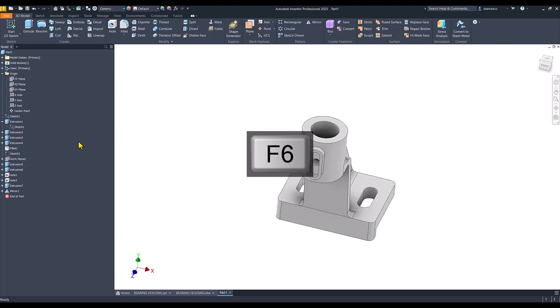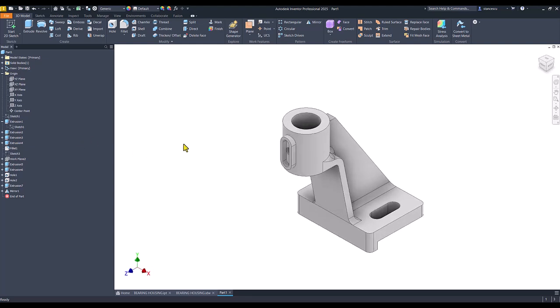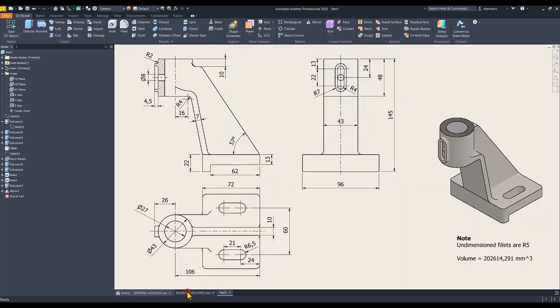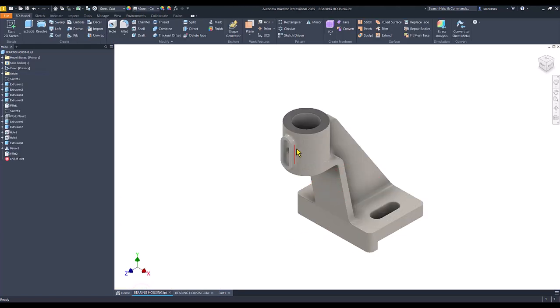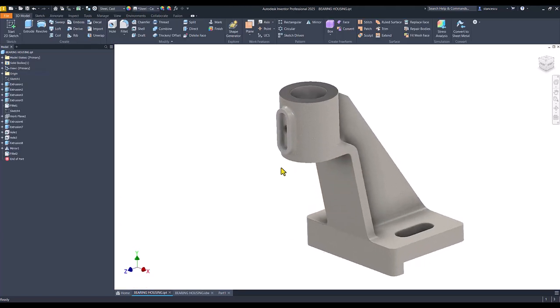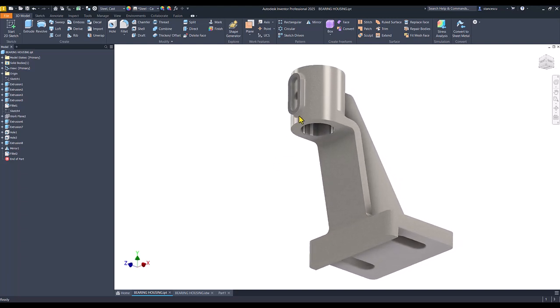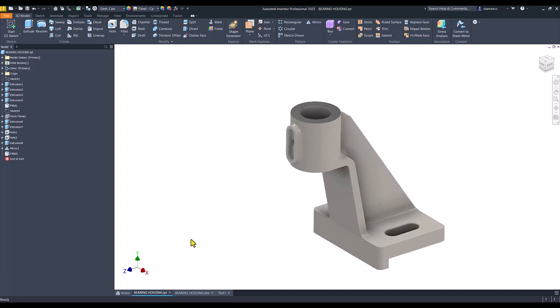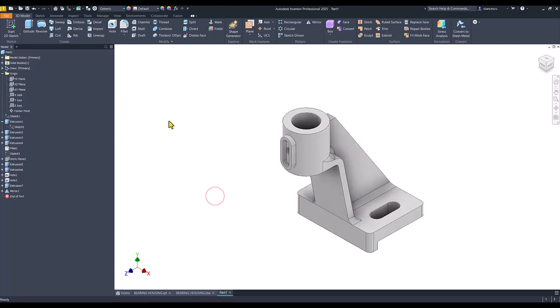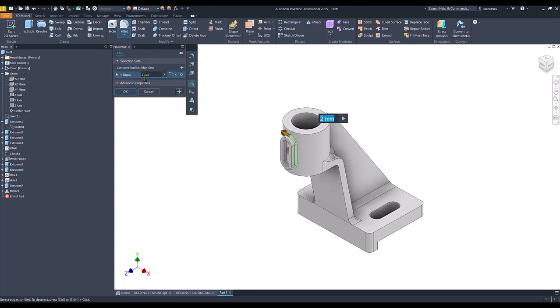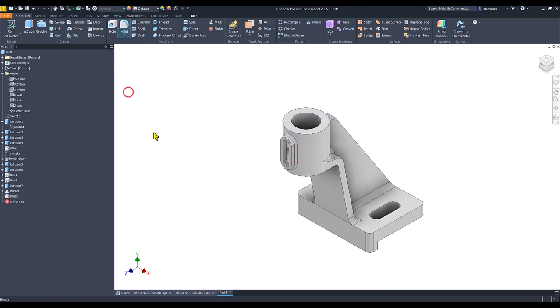Okay, now I suppose I finished, but there is also a fillet here, you see, around the slot with radius 2 millimeters. Let's apply this. I select an edge, this is by default. Okay,